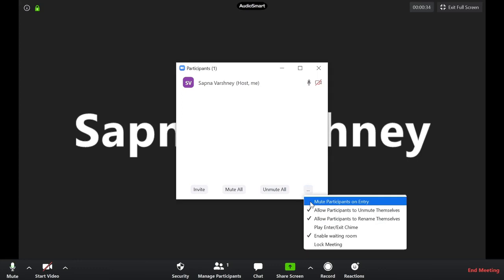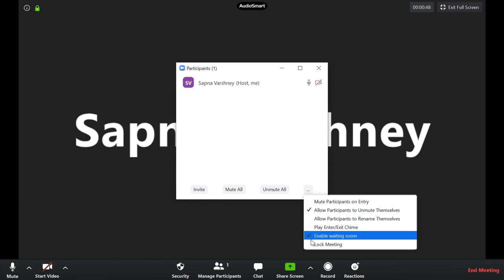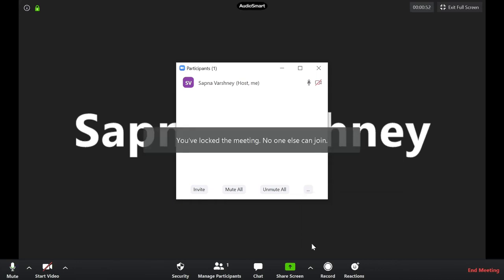Now you can check or uncheck the required settings as per your own requirement, like mute participants on entry, then allow participants to unmute themselves, then uncheck allow participants to rename themselves, enable the waiting room and lock the meeting once everyone has joined the meeting.